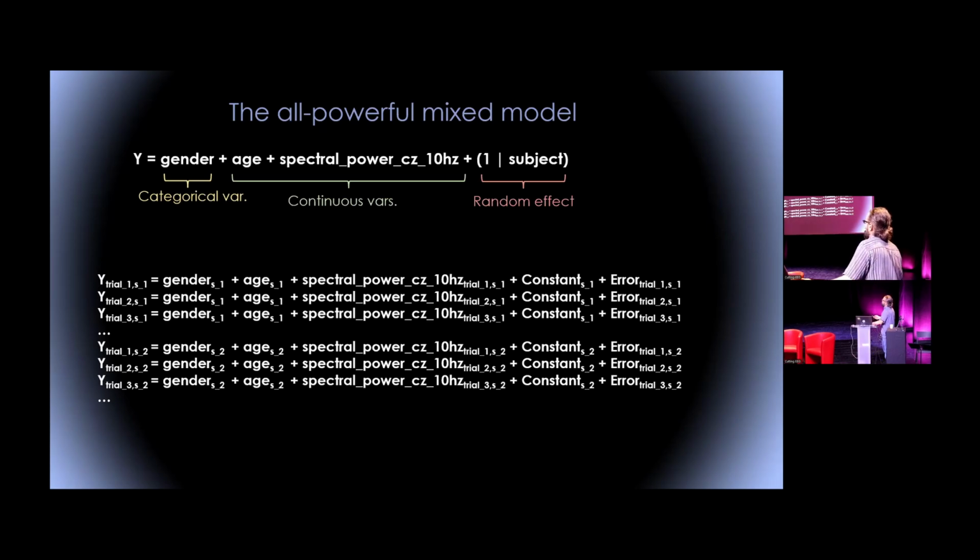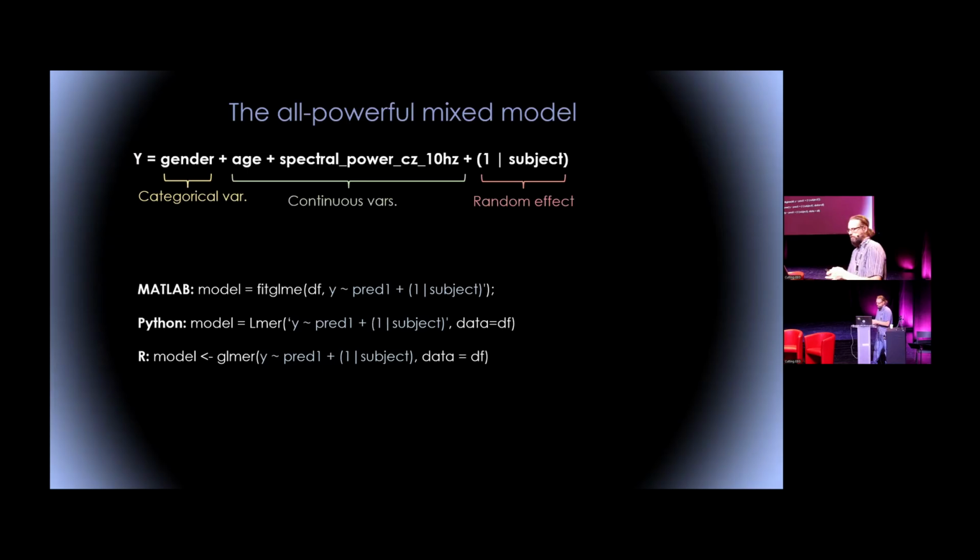So for example, trial 1 for subject 1 would be the gender of subject 1 plus the age of subject 1 plus the spectral power of subject 1 for trial 1, plus the constant for subject 1, plus the error. And then same for trial 2 of subject 1. Trial 1 of subject 2, now we have the gender of subject 2, age of subject 2, spectral power at CZ 10 hertz for subject 2, etc., and the constant. And this is